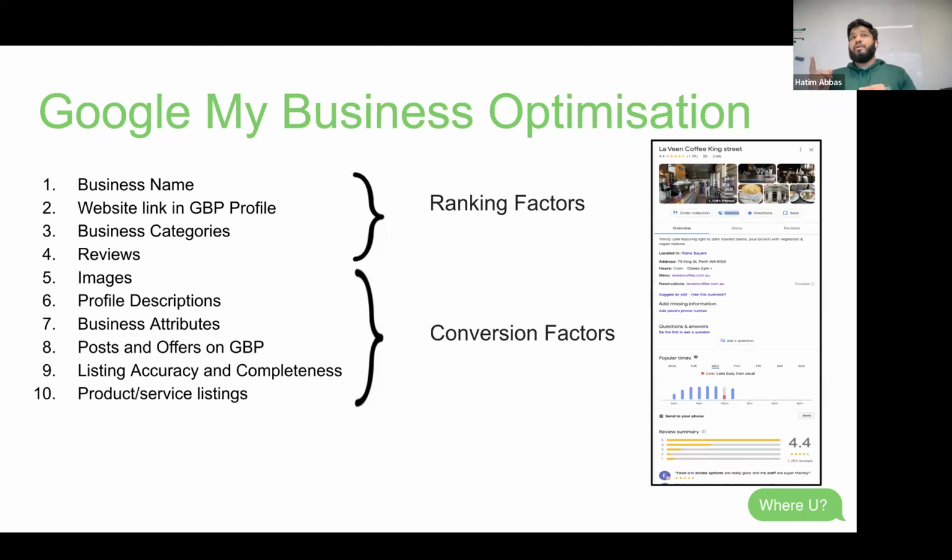Because once again, remember, when you search for cafes near me, you're not going to go visit their website. You're just going to see their profile, a quick snapshot of everything that they have to offer. And that's when you're going to either click directions or click the next available option that you have. But the things that actually help you rank are your business name, your website link, and business categories. But the most important thing I would say is reviews as well.